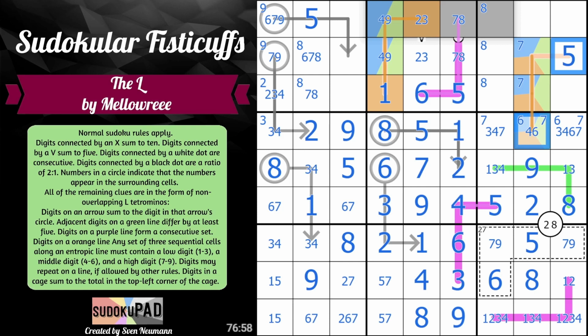Middle digits are blue, right? So let's place blue. Let's remove orange and green. Let's remove blue from here. This can no longer be 7. Let's remove 6, 7. Oh, I did the wrong thing. Sorry. Let's remove the 6, 7 corner marks. Let's remove the 7 center mark. This is 4, 6. 7 and 1 or 3. We don't know which one yet, but